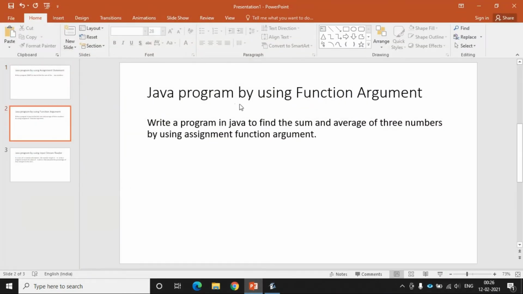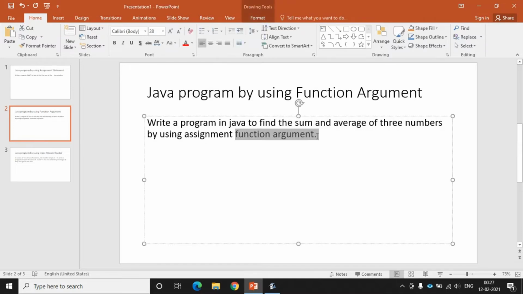This one, Java program by using function argument. The program that we are going to write is: write a program in Java to find the sum and average of three numbers by using assignment function argument. Okay,